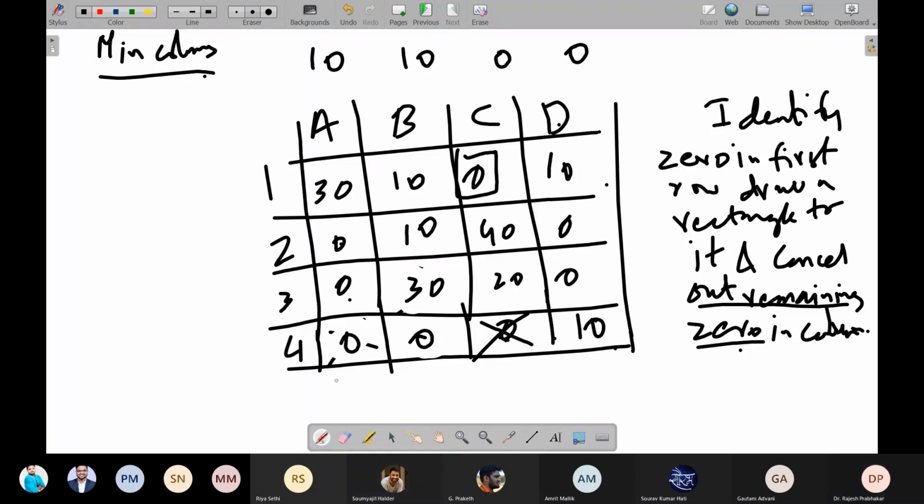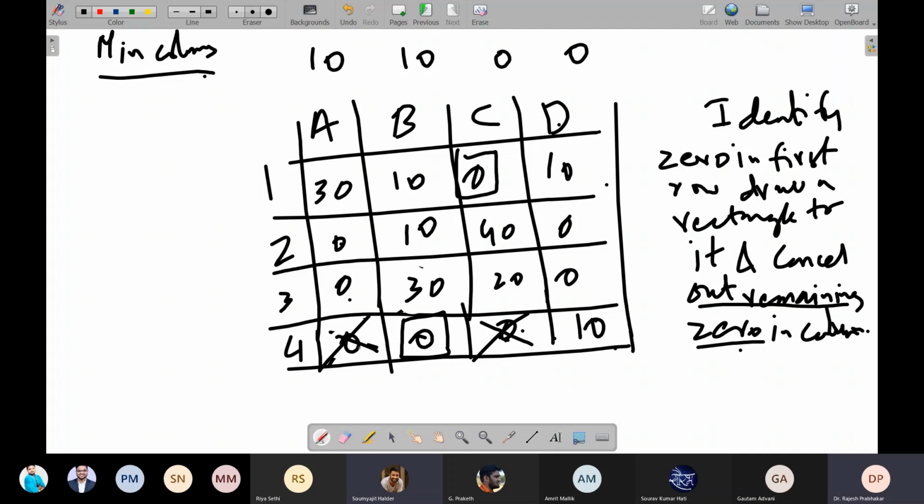No. Then we move column wise. Which column has a single 0? Only column B has a single 0, so I will box it. What is the rule? If you box out a 0, the remaining zeros in that row will be cancelled out. So I will cancel out the 0. Same rule as we applied here. In the column, whatever is there, we are cancelling out. Here, whatever is in the row, we are cancelling out. That is the same thing we are repeating.